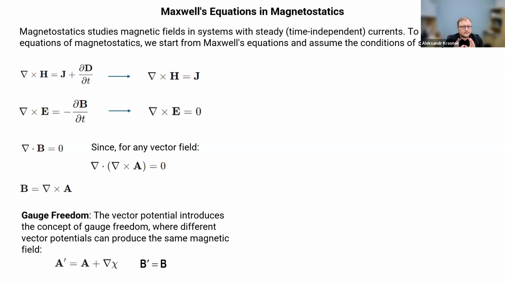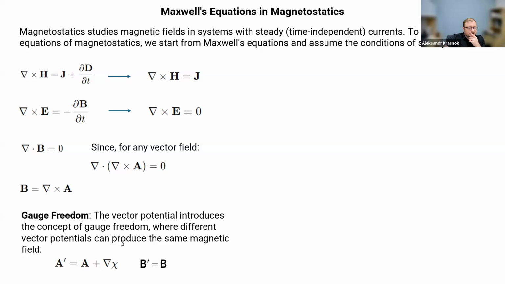Okay, so this is a tricky point about this vector potential field A. But yeah, as an example, I put this concept of gauge freedom,